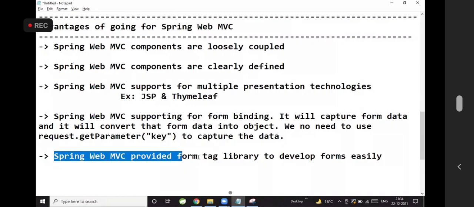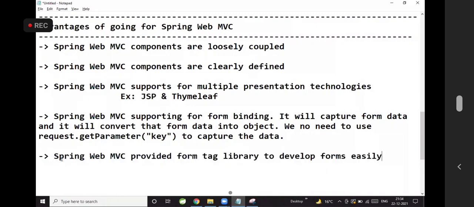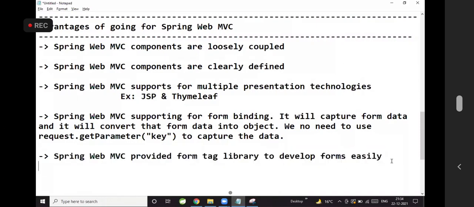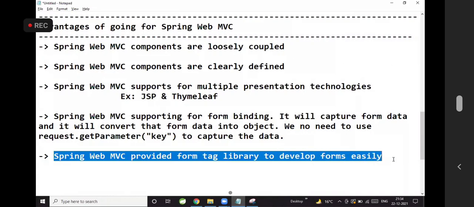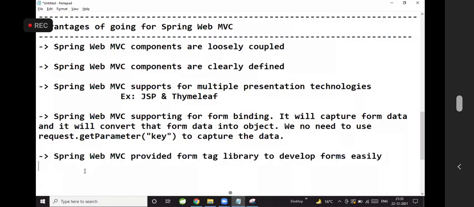Spring Web MVC provided form tag library to develop forms easily. Are you able to follow this? Okay? Good.